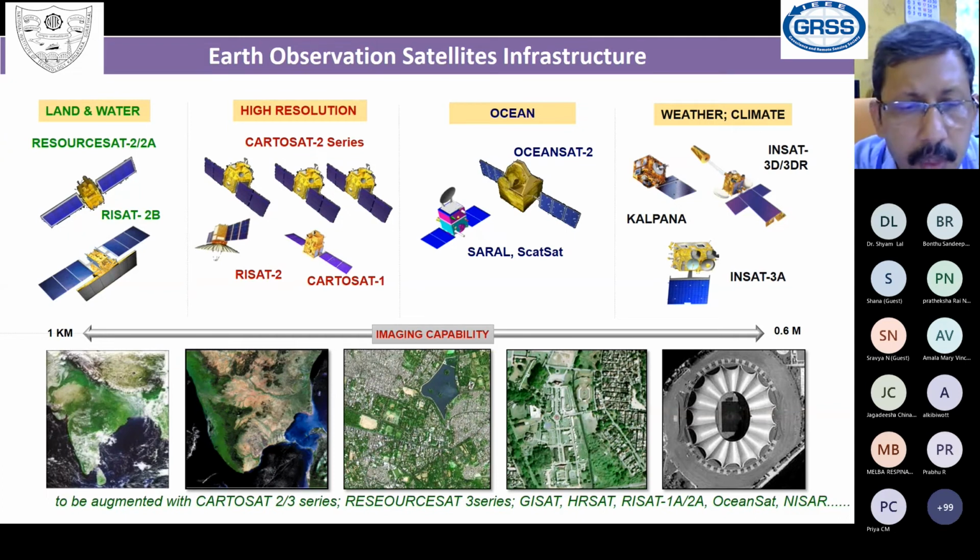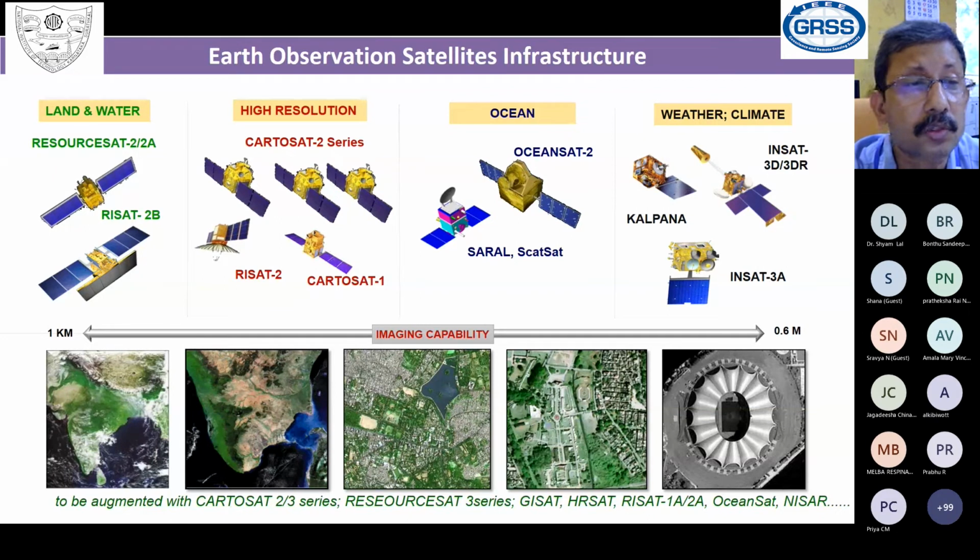And they have a suite of resolution ranging from 1 kilometer every 15 minutes to around less than a meter, at a much higher or a much coarser spatial temporal resolution. So different types of satellites are actually used for observing different areas of Earth, like the land and water resources,